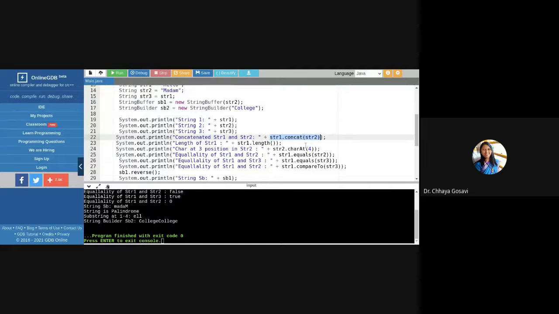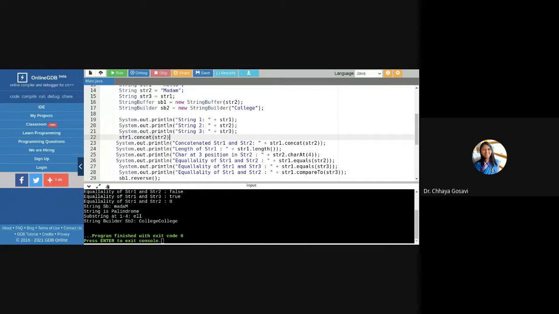Suppose I have copied this here, concat: str1.concat(str2). And if I print str1, what will it print? Note that str1 is a String and str2 is also a String.